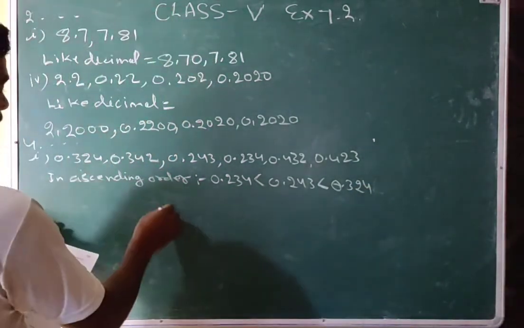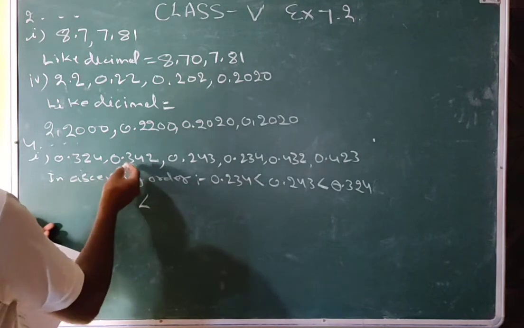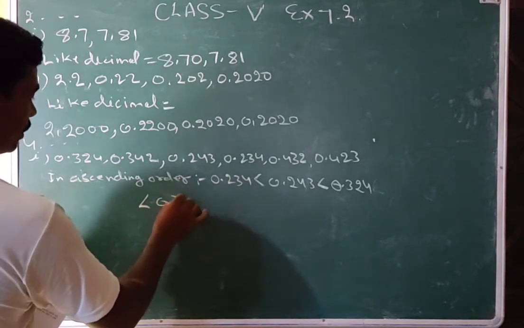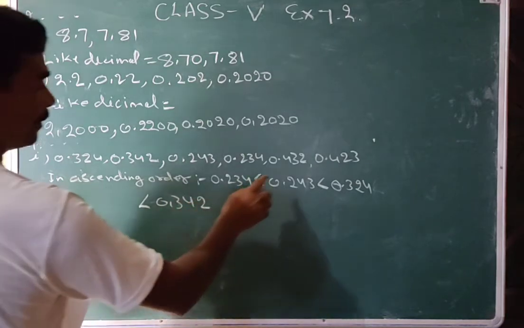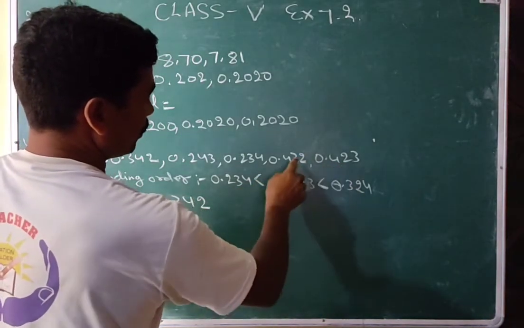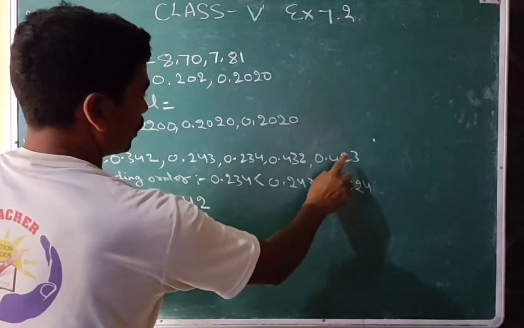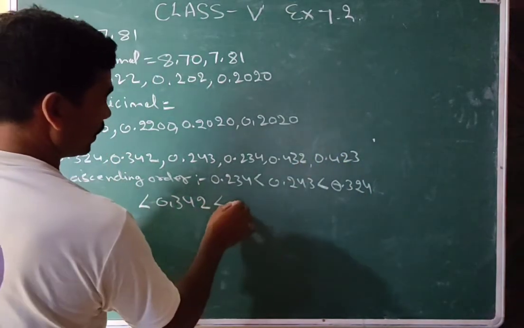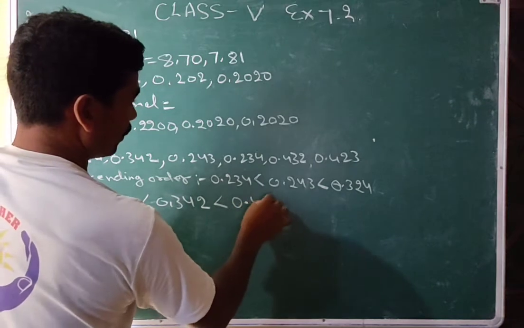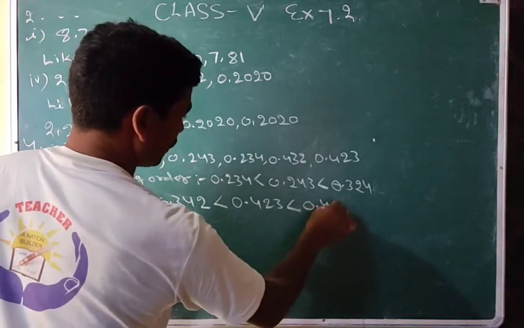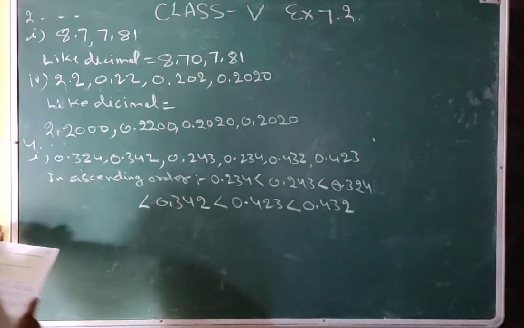here you can write, and then obviously, because we have compared these two, 3, 4, 2, and then we will compare these two, that will be 4, 4, and this 3, and this is a 2, so this will become 0 decimal 423, and then at last the greatest number 432.